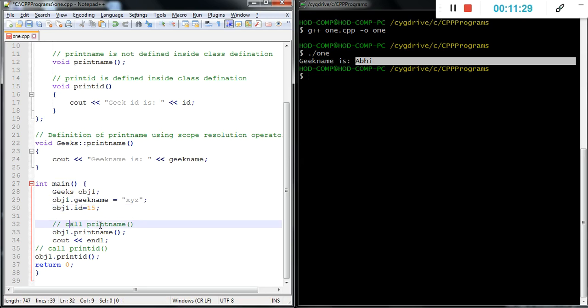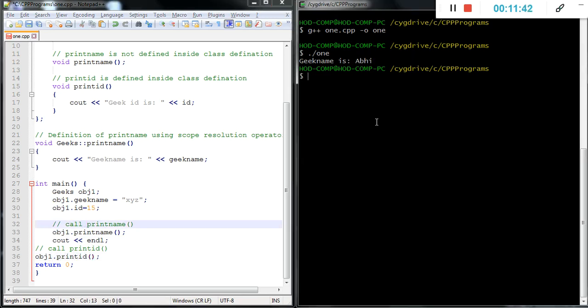Then we call printname under the main function with obj1.printname. In the next line we call the next function, obj1.printid. Now we will run this code and understand how exactly it works. This is the explanation about accessing the data members and accessing the member functions, with the body of a member function inside the class and outside the class.